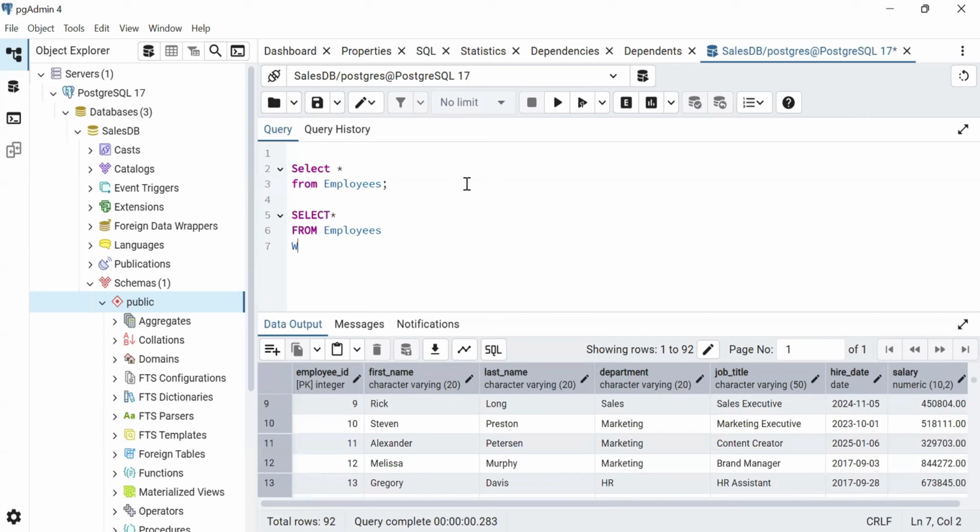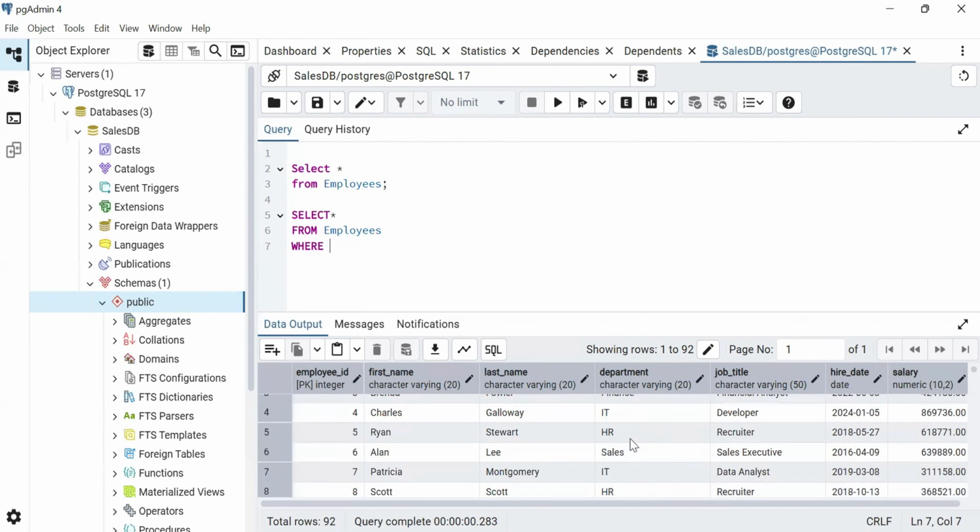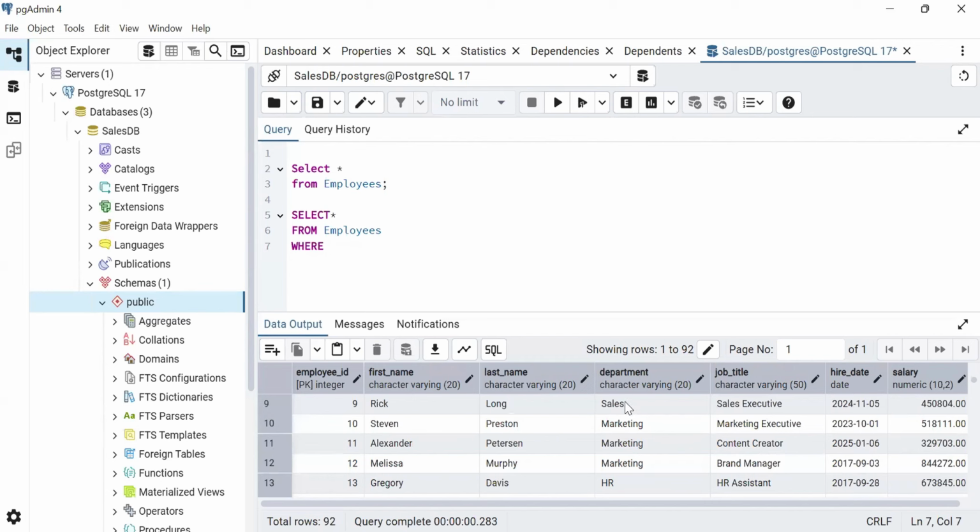Now, the condition, so WHERE, that is why we say the WHERE clause, right? Let's look at department, those from marketing or those from sales, anyone. Let's use those from sales. So say WHERE department equals, now because there's an N missing. Okay, thank you, Fidelsi. So WHERE department equals